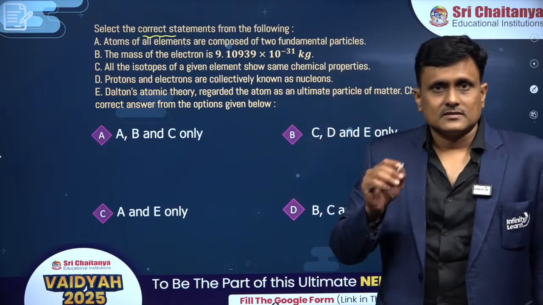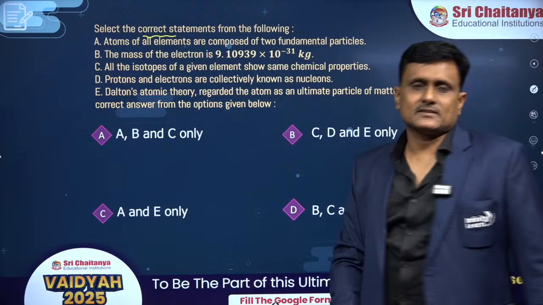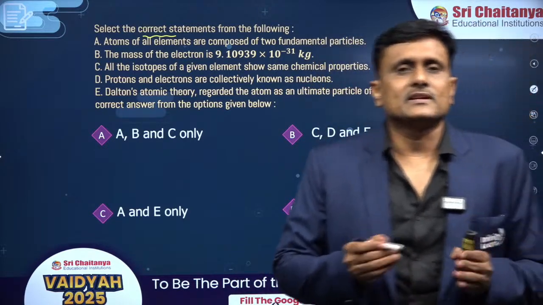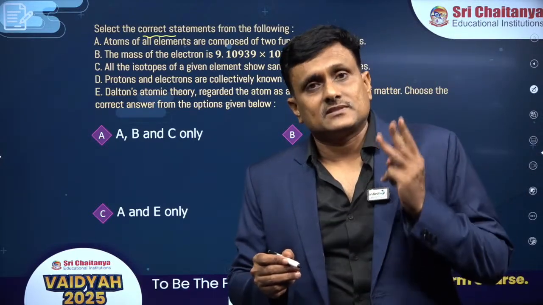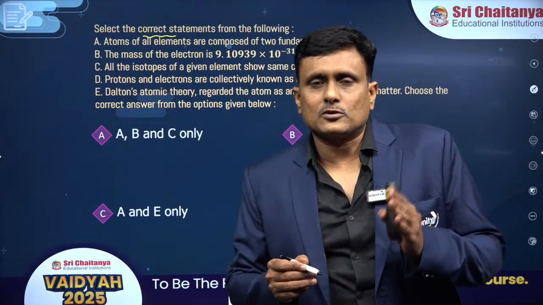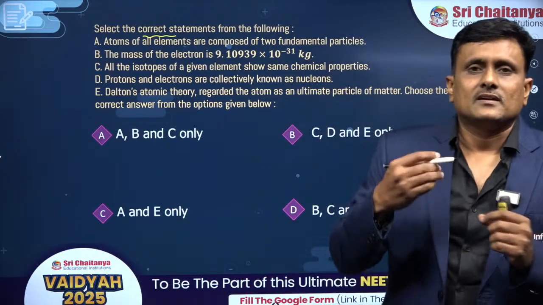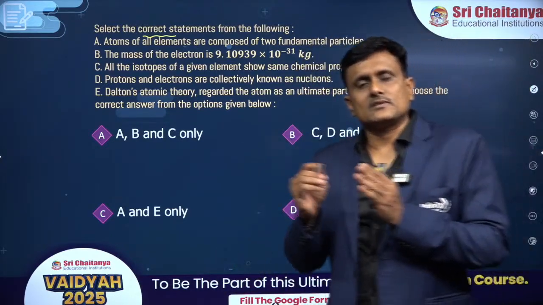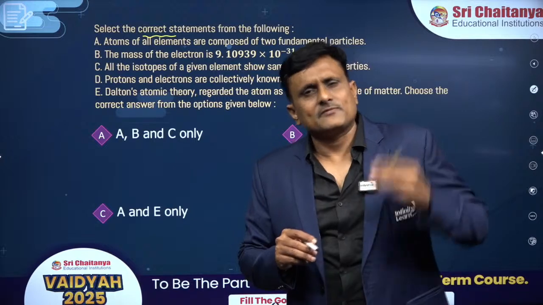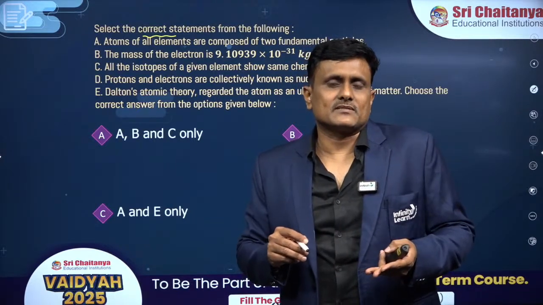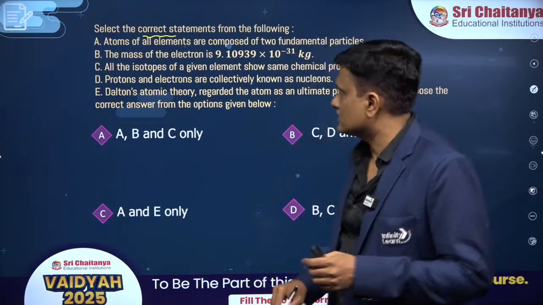First statement: atoms of all elements are composed of two fundamental particles. You all have studied at the beginning of the structure of the atom that the atom consists of three fundamental particles. They are electrons, protons and neutrons, the last two collectively present in the nucleus and called nucleons. Electrons are present in the extranuclear part, whereas protons and neutrons are together inside the nucleus. So the total number of fundamental particles should be 3, however it is given as 2,